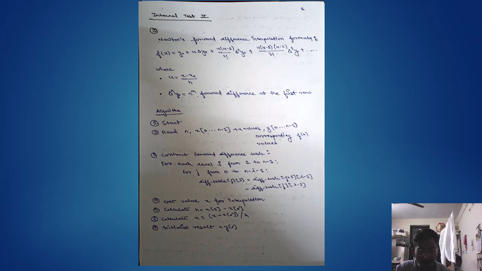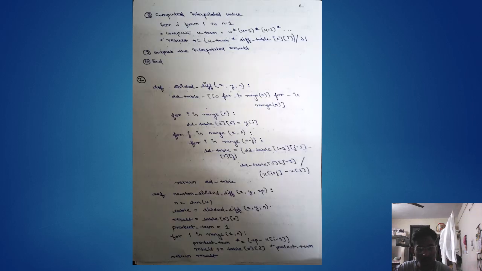Calculate u is equal to (x minus x0) by h. Initialize the result to y0. Compute the interpolation value. For I, another loop going from 1 to n minus 1, and